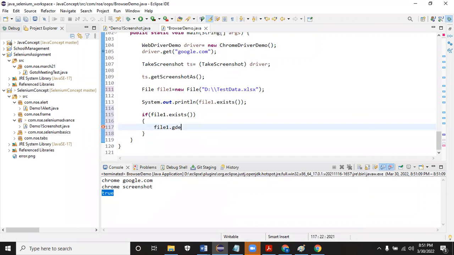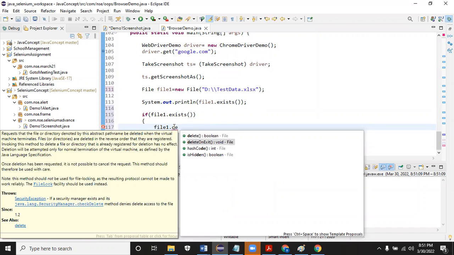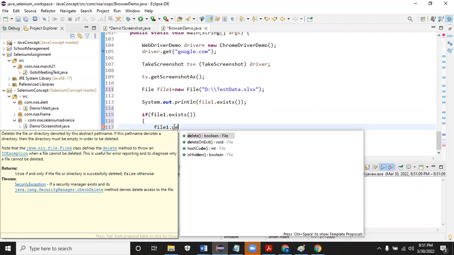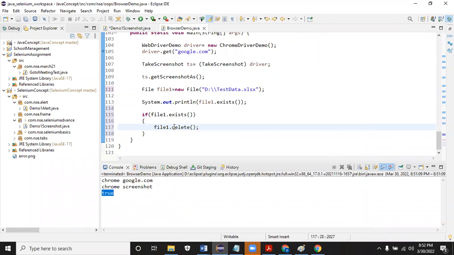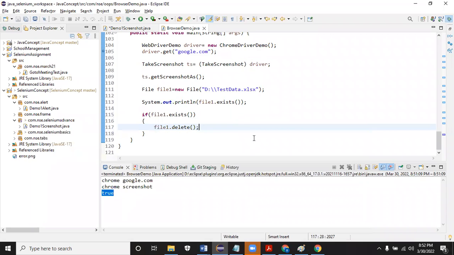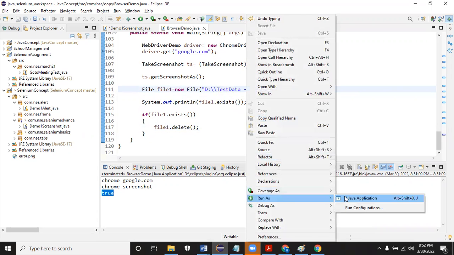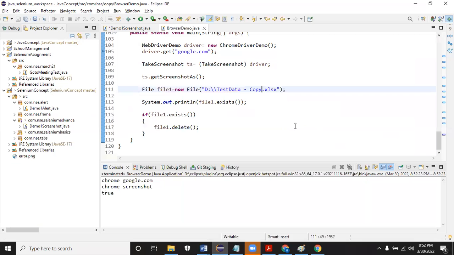Similarly, if you want to delete, you can use the delete option. Delete on exist. If you are planning to delete, you have to check whether the file is there or not. If the file is not there, it will throw an error. You can use delete on exist. If the file is there, delete it. Okay. Let me make a copy of the file. I'll delete the copied file. Okay, if the file exists, it will delete it. You can see deleted. Understand?